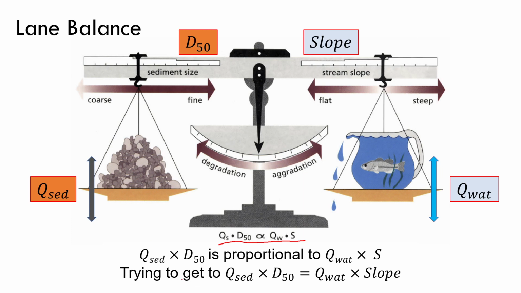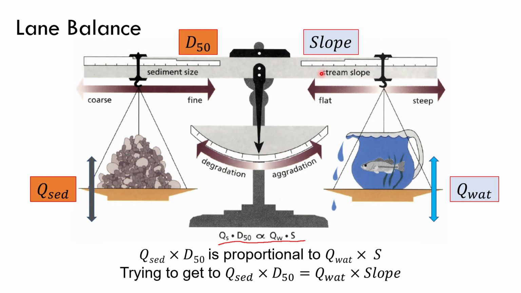What we're trying to get to is sediment discharge and sediment size equal to the amount of water and the slope that is present in the river. A way to conceptualize this more is to think about if we got out of balance. There are lots of things that can drive the system out of balance. If we change the D50, or the amount of sediment, or the amount of discharge, or the slope, that's going to tilt the balance to the left or to the right, depending on what we're changing. And if you look in the middle here, what you see is that